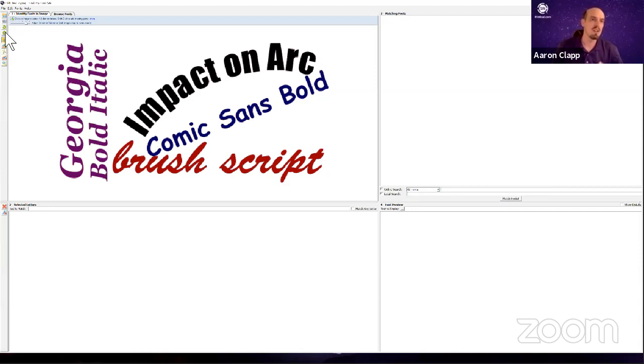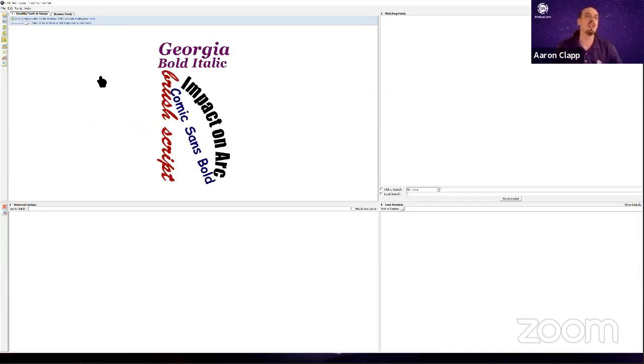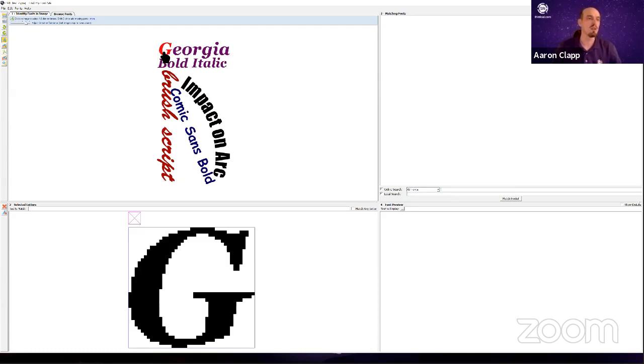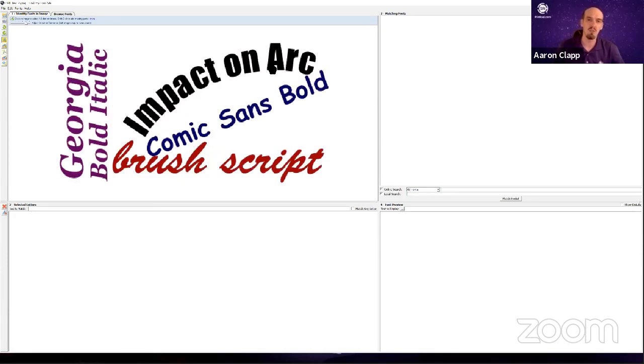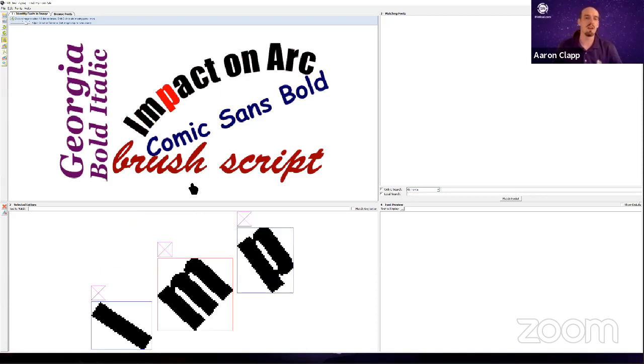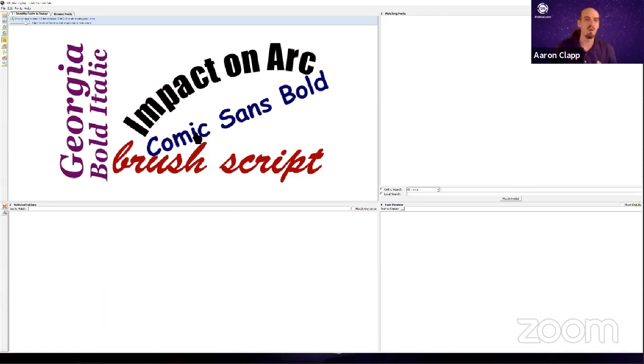We can either rotate the image like this, and that will allow me to more properly select this letter. Or if we're working with a file like this one, where Impact is on an arc, we can't select these individual letters like this because they're not going to give us the right perspective. So how do we deal with this? Well, there's one more tool that we can use in order to get these letters just right. And that is the